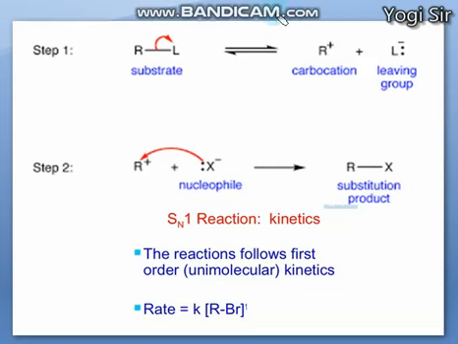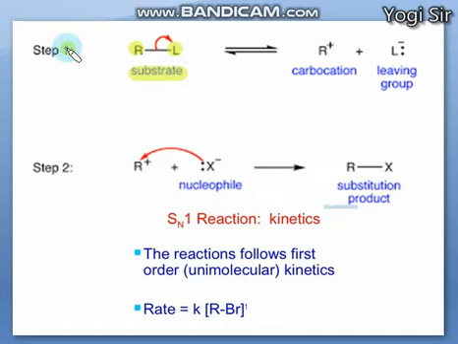Here it is mentioned that our alkyl group R and the functional group L are both linked together. This is our substrate, where L is our leaving functional group and R can be any alkyl group. That is known as the substrate, or the compound on which the reaction is happening.